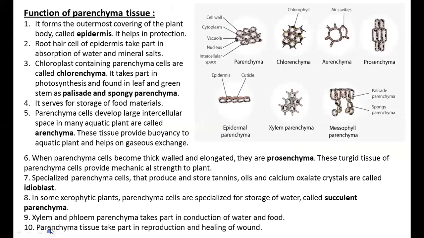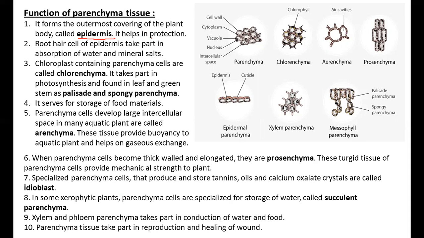Now we are going to move to the next part, that is the function of parenchyma cells. Parenchyma cells perform different types of function because they are present in most parts of the plant. In most parts of the plant, parenchyma performs some basic functions. In a small plant, it can act as the epidermis, because in a small plant, parenchyma is present near the outermost layer of the plant. So it can perform as the epidermis.